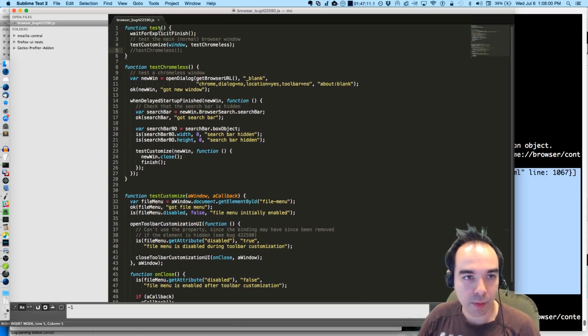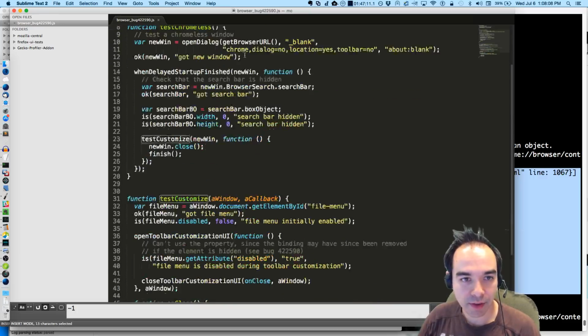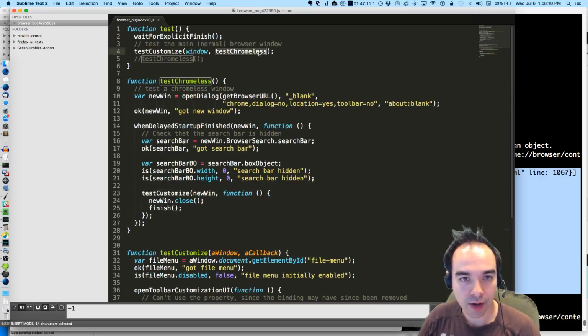The test is entered, and then we tell it we're going to end asynchronously, so we ask it to wait for explicit finish. And then we call this test customize function, which takes the window and this test chromeless function over here. That's because we're going to run test customize, and then we're going to call test chromeless after test customize is done. So this is like a callback that test customize calls whenever it's done its thing.